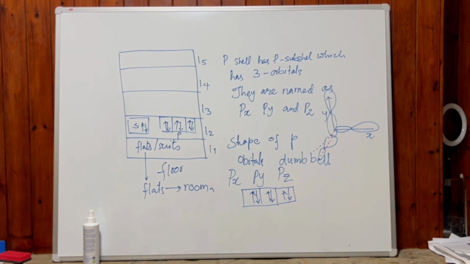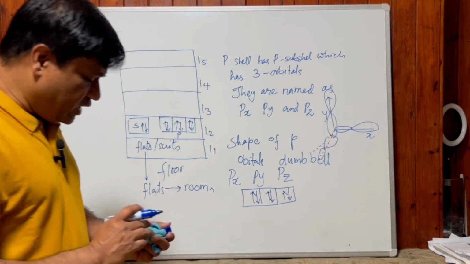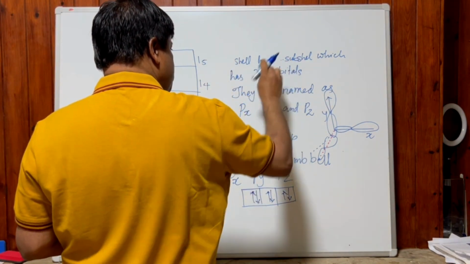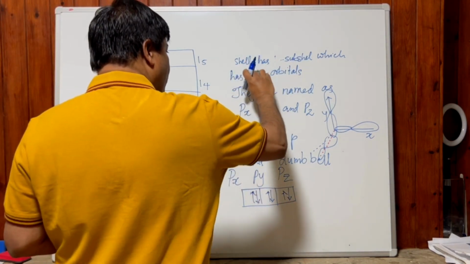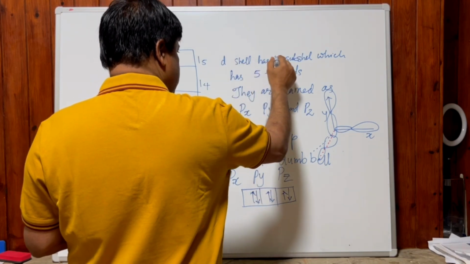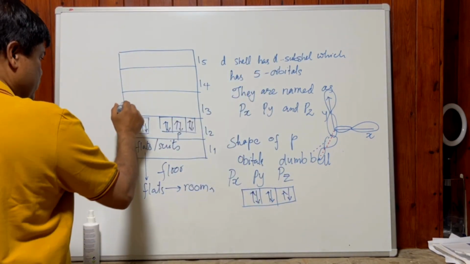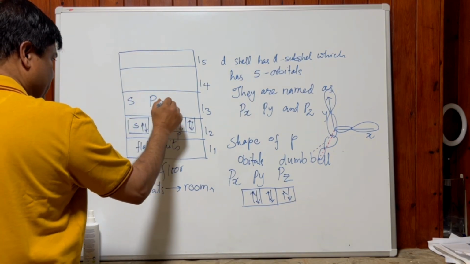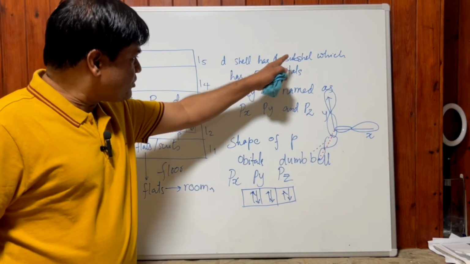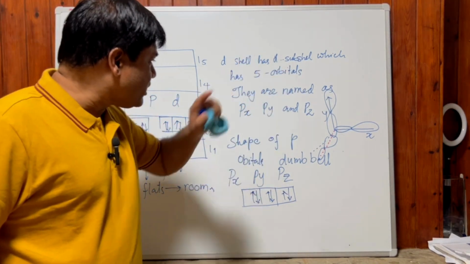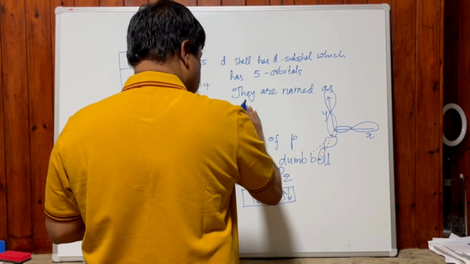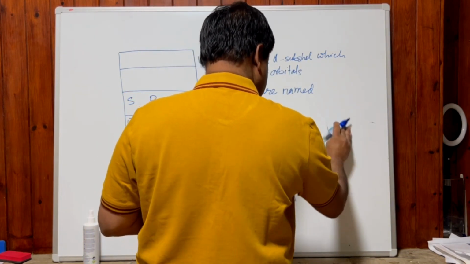Okay, now next, the D shell. Look at the D shell. D shell has the D subshell and it has 5 orbitals. So it has S, it has P, it has D. The D subshell has 5 orbitals. They are named as